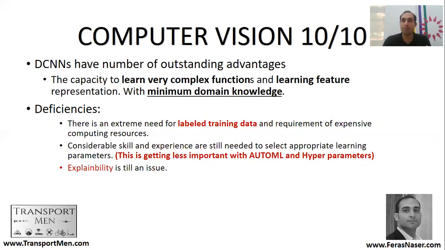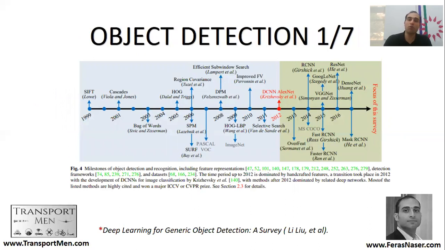How did the model manage to predict, based on what factors or what kind of equation, the availability of the object within the image? The explainability of neural networks and deep neural networks is still an issue and still a challenge. So now let us go to some of the models that are available in object detection.